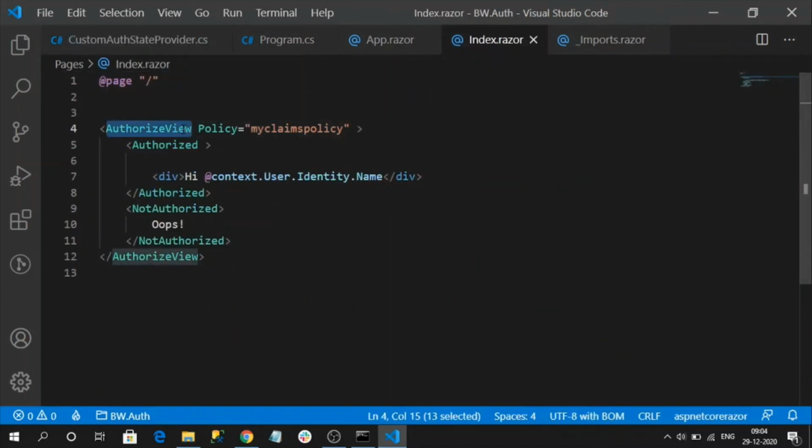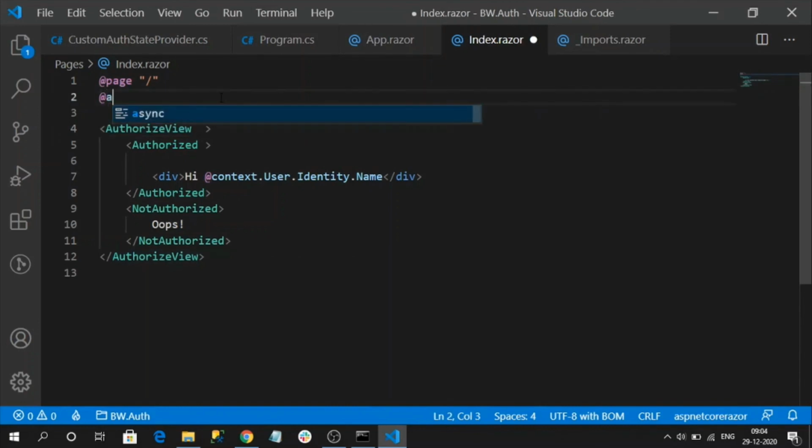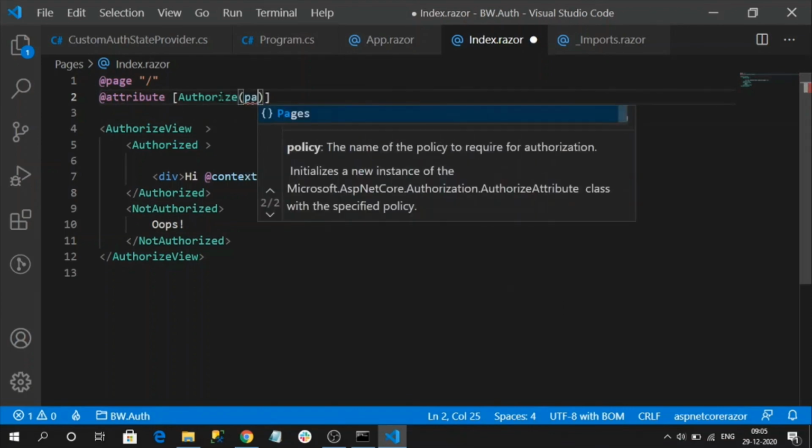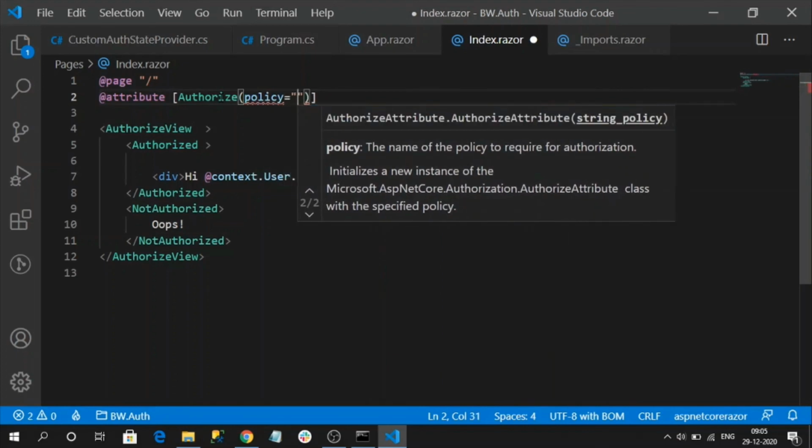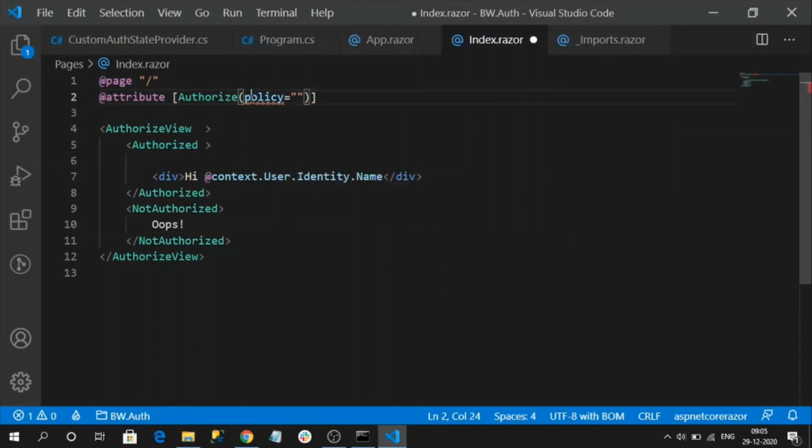The same claims based authorization can be used with the authorize attribute. So let's remove it and let me add the attribute, authorize, and policy.